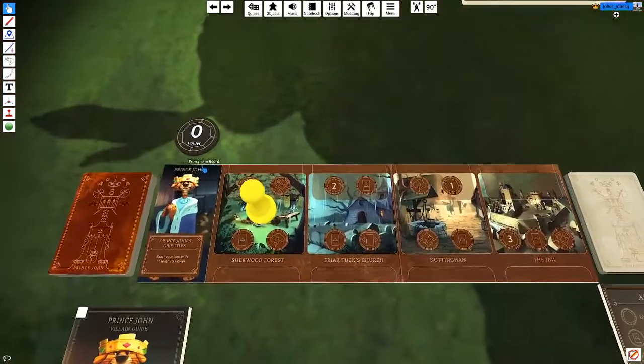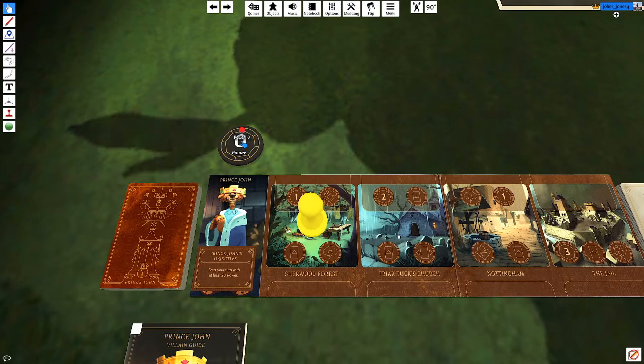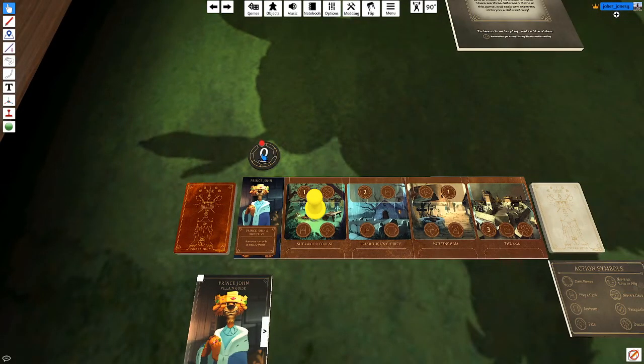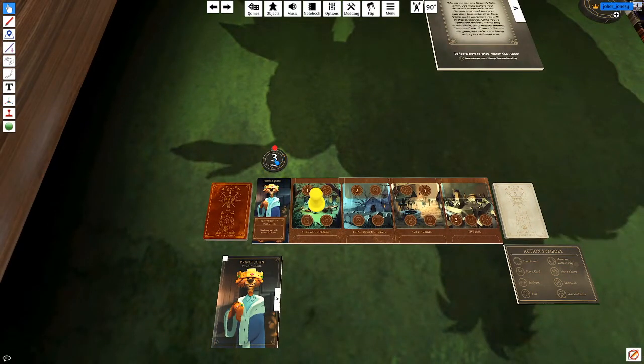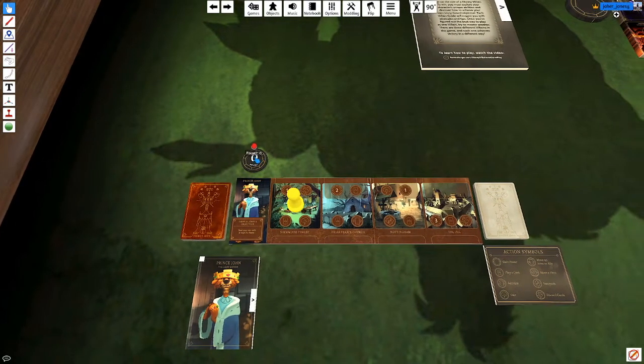And the new thing you'll notice is that there's this little power counter up here. Now, what I had suggested, just for the sake of making it a lot faster to move, you can click on this by using left click to increase the power. Well, if you right click, you'll decrease the amount of power that you have. So you can use this rather than having to keep dragging tokens. Just simply click on this to increase and decrease the amount of power that you have. So to repeat, left click to increase, or right click on it to decrease,